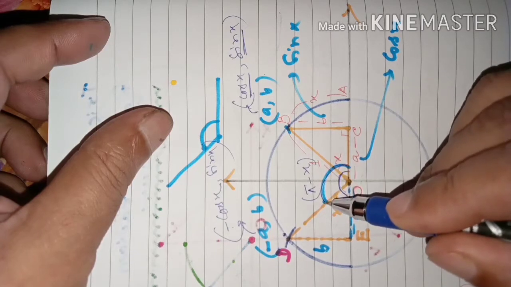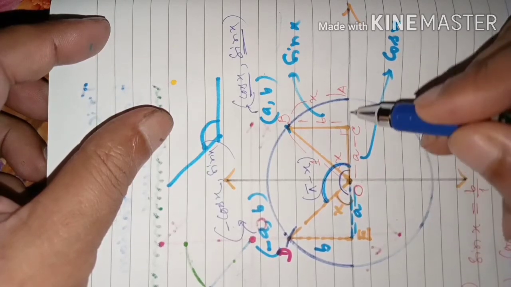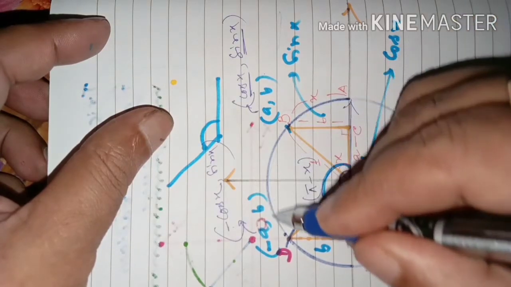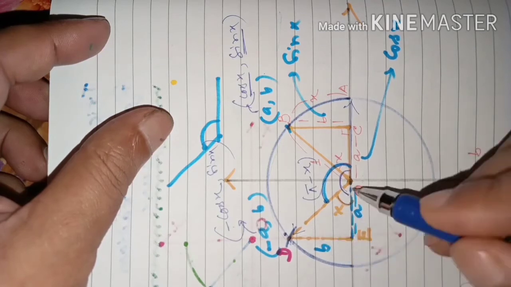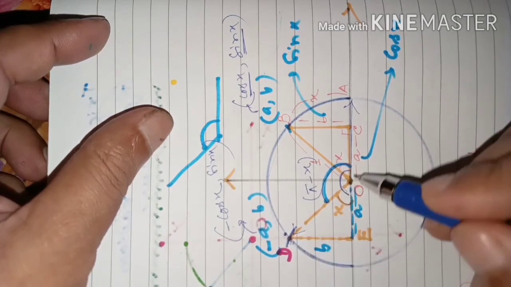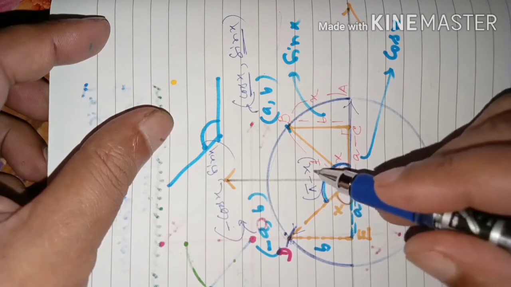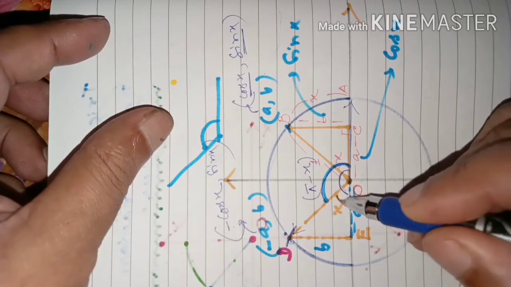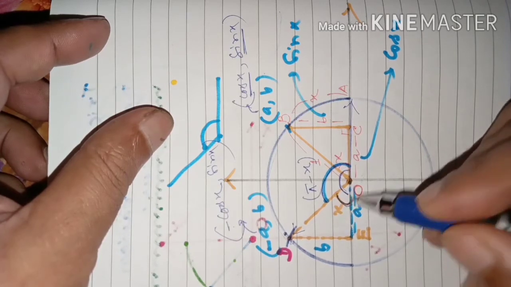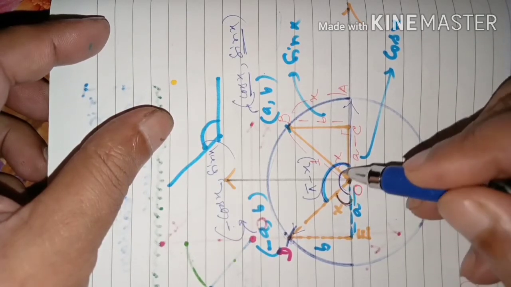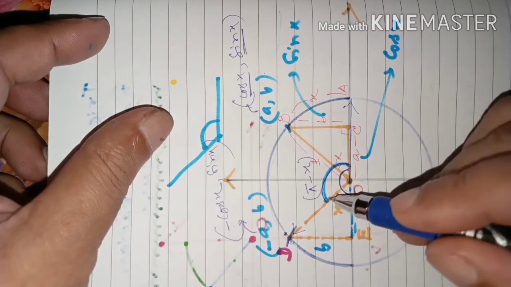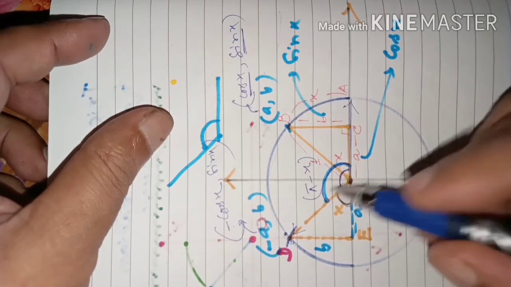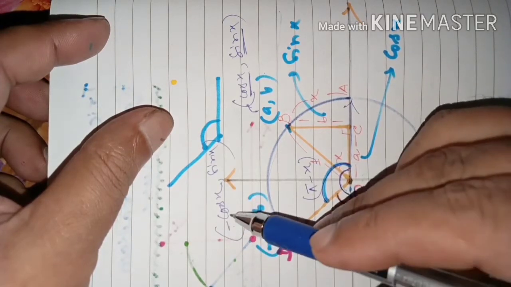This way, suppose this is the revolving ray OA. When it revolves in the anticlockwise direction and comes into the position of OD, how much angle does it revolve? Pi minus x angle. How do we know it is pi minus x? Because on this side I kept x radian, and this whole part is pi radian, so this angle will be pi minus x radian. Got the idea? So after pi minus x radian, the coordinate of this point is minus cos x, sin x.